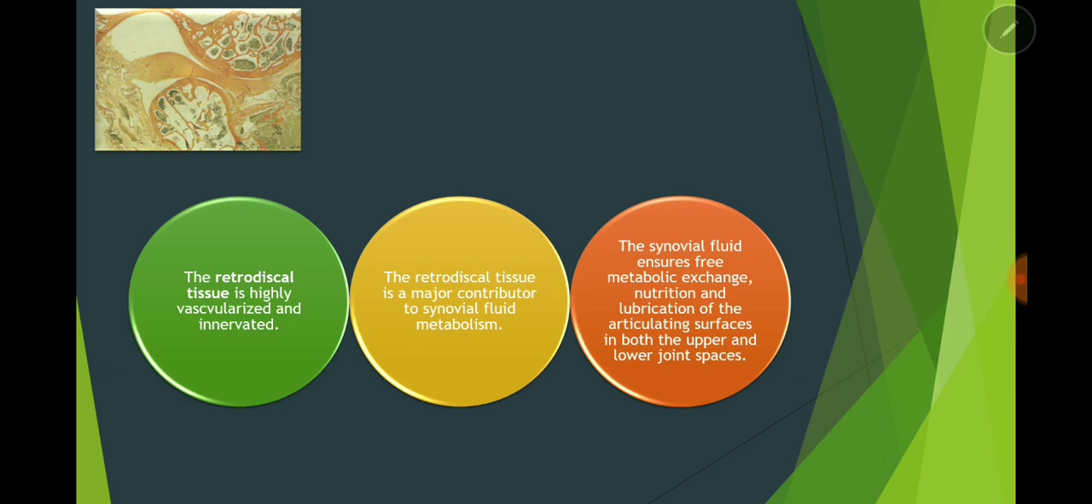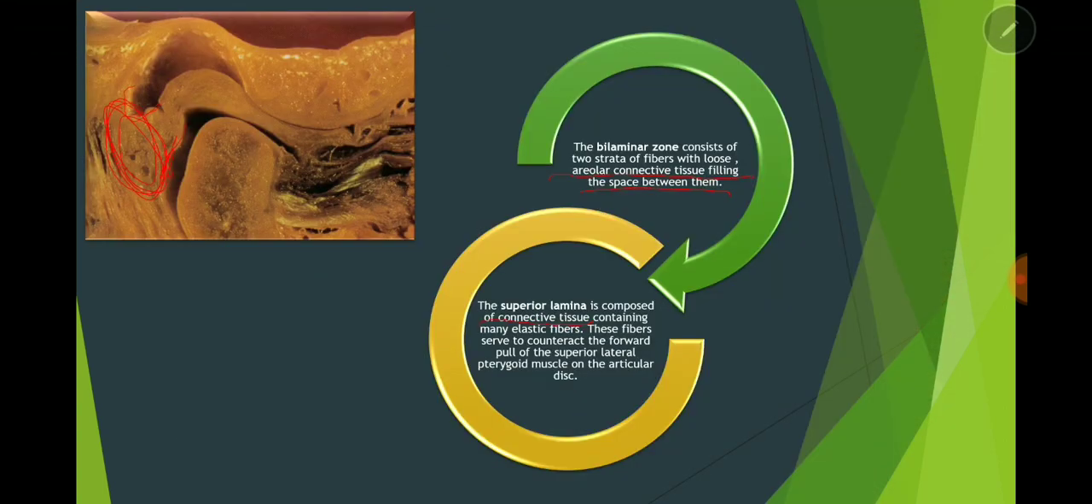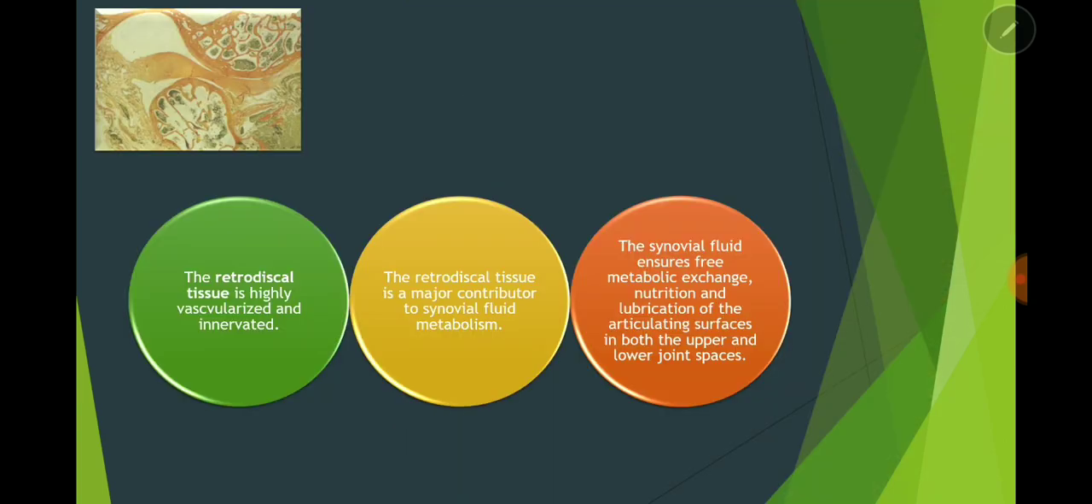All right, so the retrodiscal tissue is a highly vascularized and innervated area right behind the TMJ. If you go back, you can see a picture here. This retrodiscal tissue is the tissue behind. It has so much blood supply, so many nerves. On this histology, you can see this is the condyle, this is the disc, and the retrodiscal tissue is right here. So it has a lot of vessels, a lot of nerves, and it is a major contributor to the synovial fluid